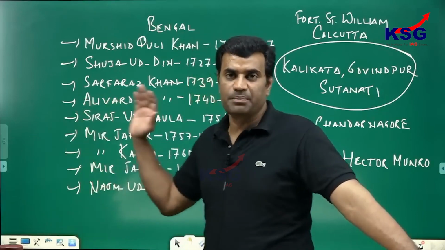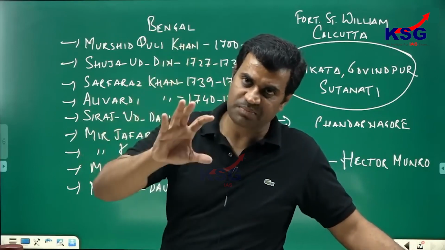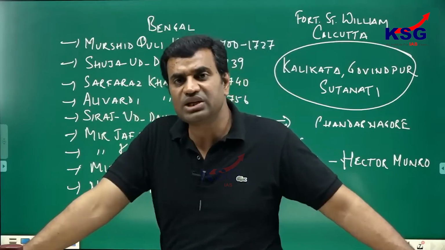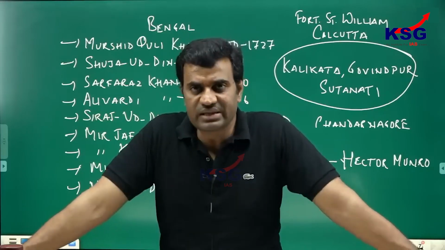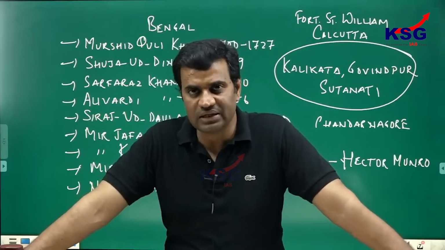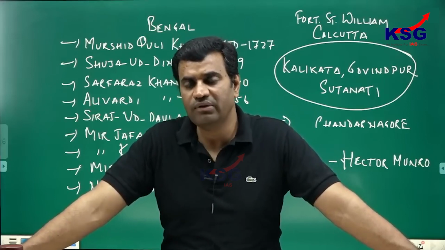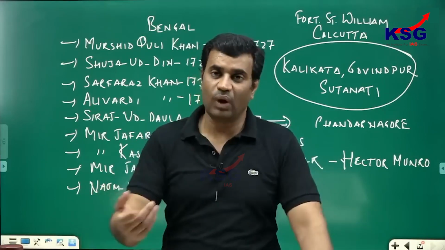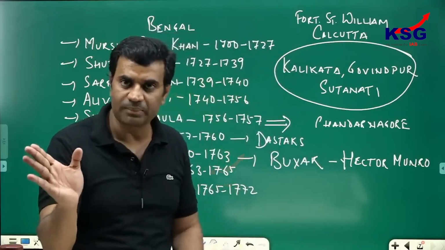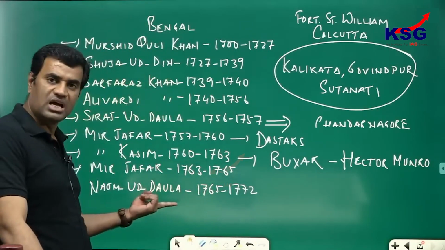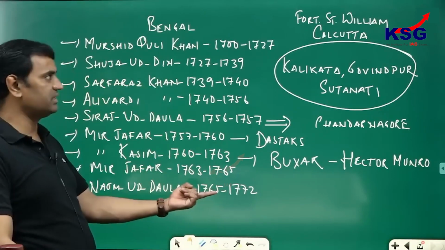And till this time, it was a pure private trade, but now the British authority got the right to look after this private trade. The British Parliament and British government decided to regulate this private trade in India, and to regulate this trade, the British Parliament enacted the first regulating act known as the Regulating Act of 1773. And while deciding the provisions of the Regulating Act, the British abolished the dual government in Bengal, that even ended the rule of Najm-ud-Dawla. So finally, the rule of Bengal Nawab came to an end in 1772.